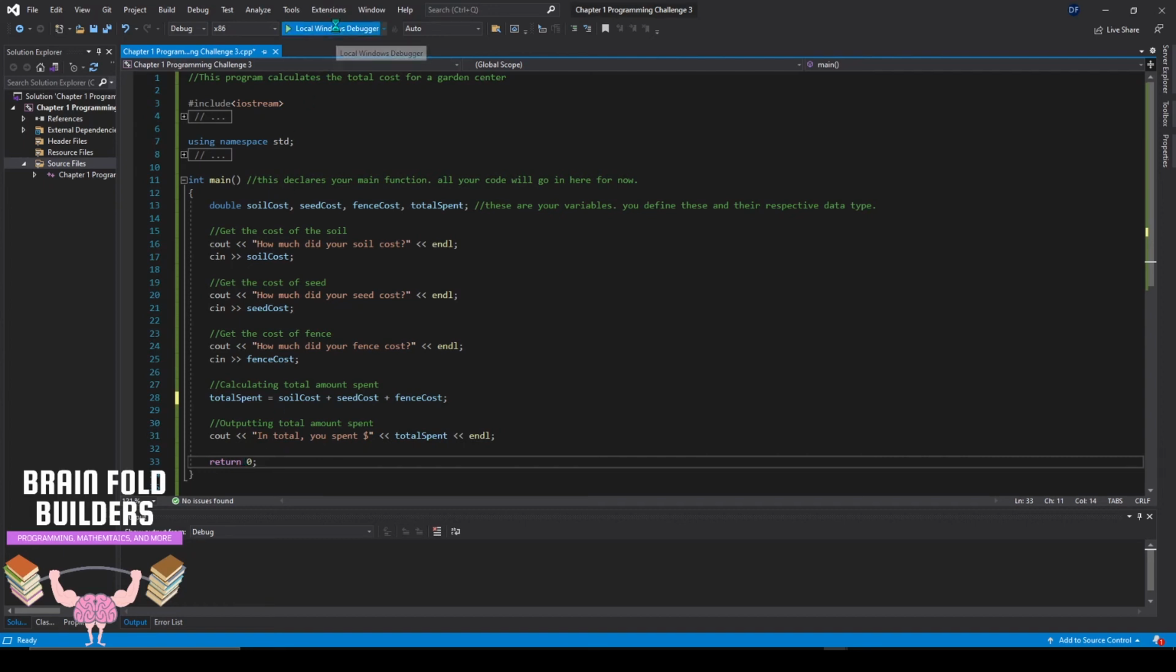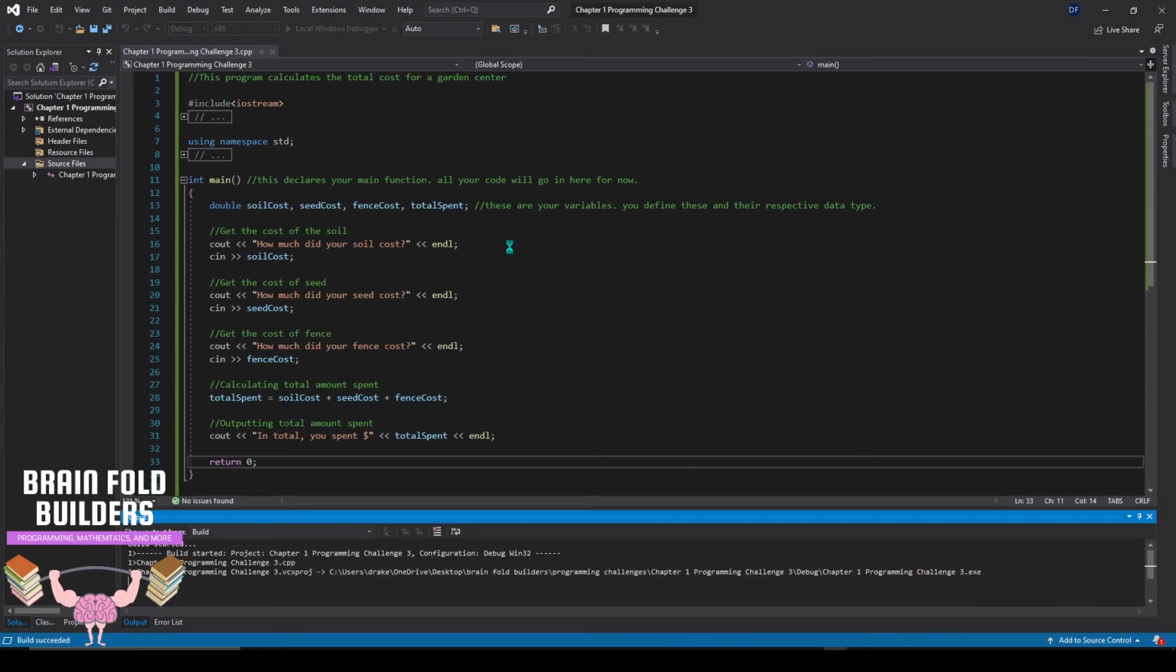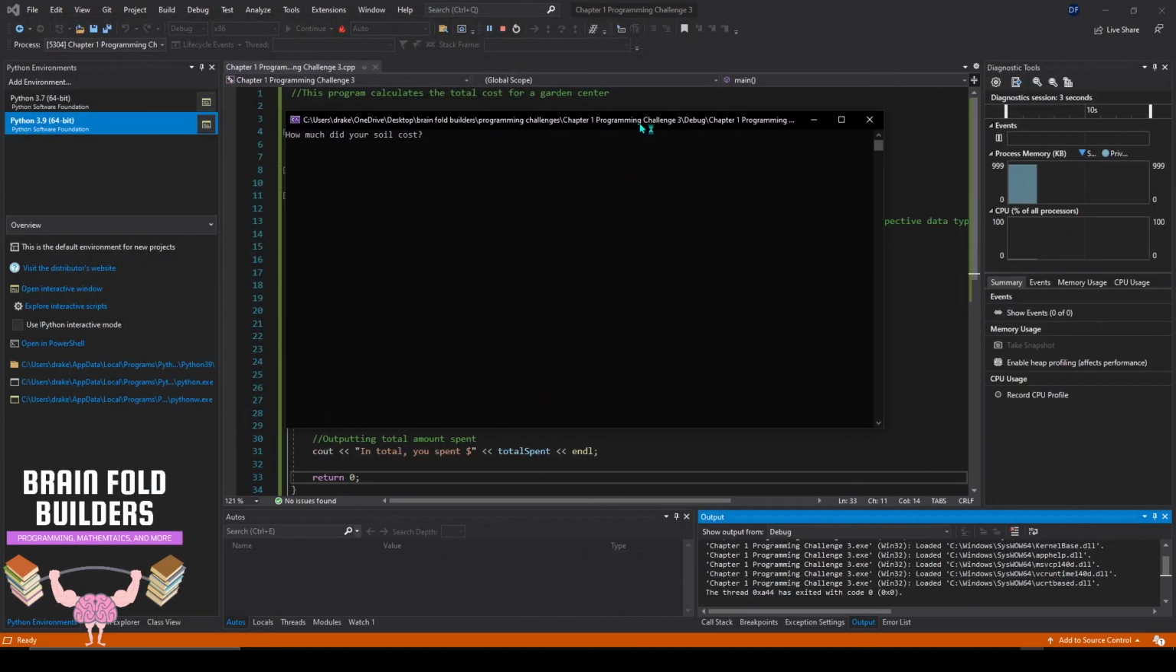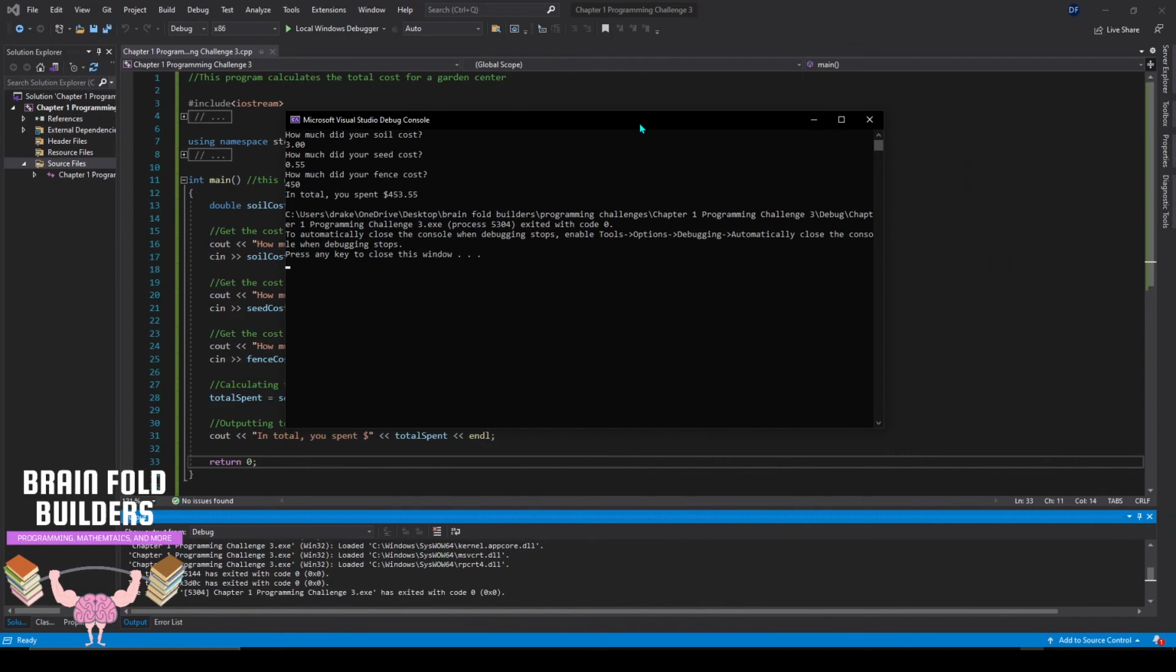Let's run it now. My favorite part, running it. Do you like my new blue cursor? It's pretty nice. So, how much did your soil cost? Let's say $3 on the dot. That's pretty cheap for soil in my opinion. How much did your seed cost? 55. Actually, we'll do 55 cents. How much did your fence cost? We will say $450. In total, you spent $453.55. That seems like a fair enough price for a garden center